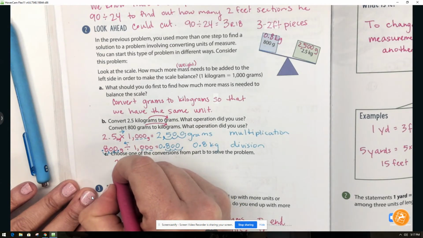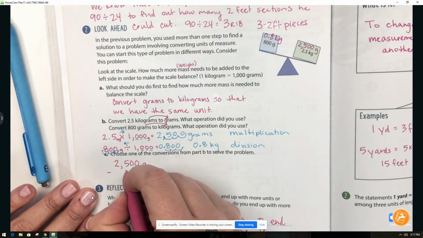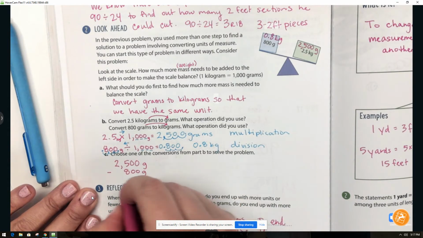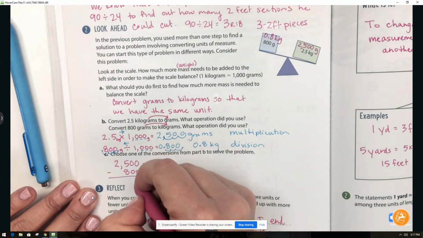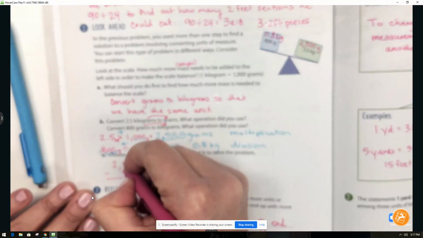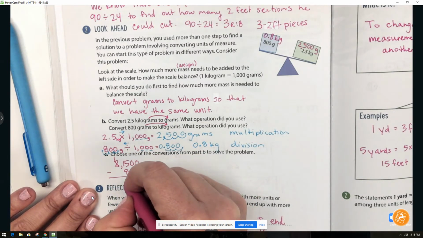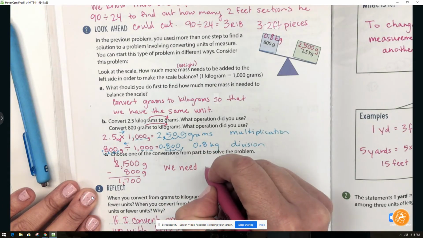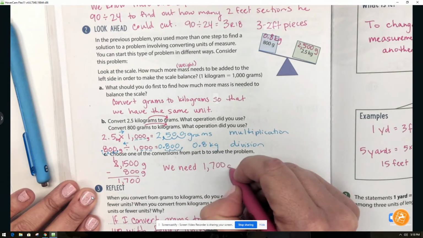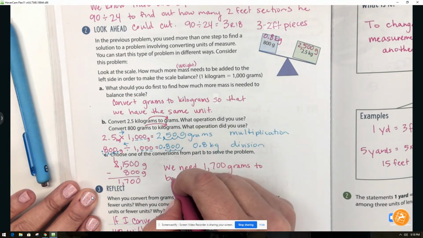So we're going to start with our 2,500 grams, and we're going to subtract 800 grams from our answer. And then we're going to get 0 minus 0 is 0, 0 minus 0 is 0, 5 minus 8 we can't do. I'm going to regroup. 15 minus 8 is 7, 1 minus nothing is 1. So we need 1,700 grams to balance